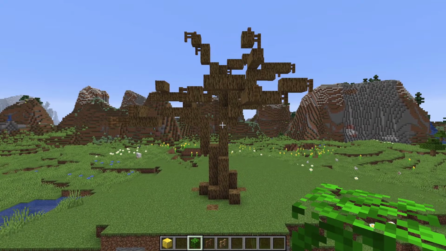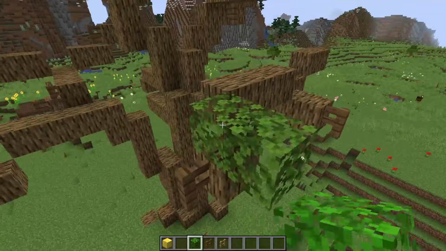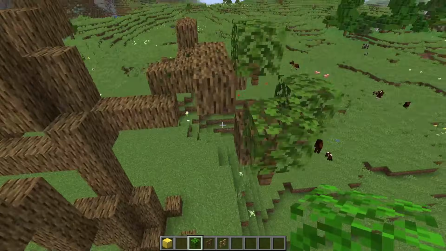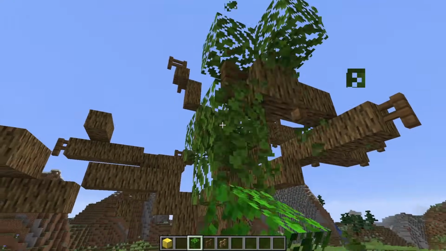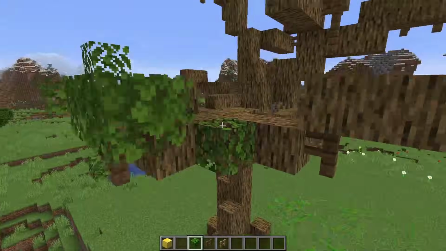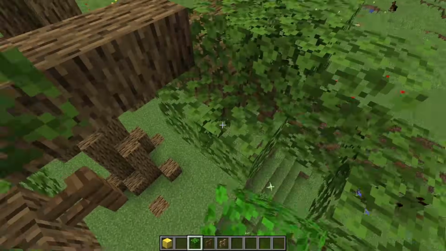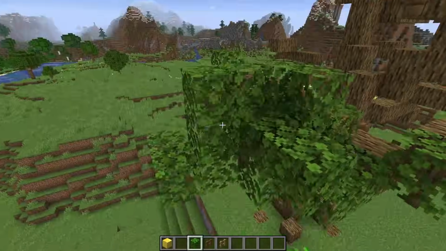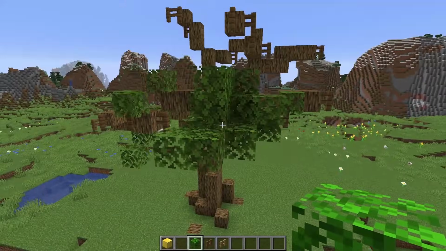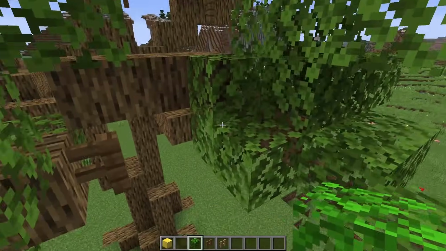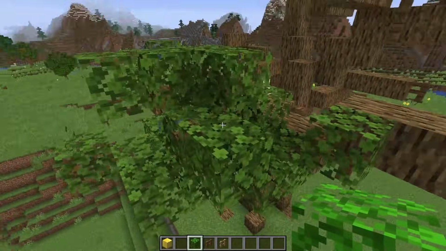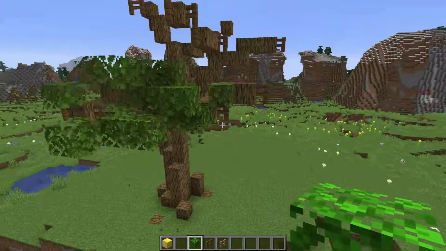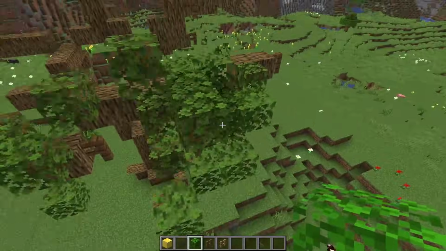Now it's time for the tricky part, the leaves. So this is definitely not an exact science. The main thing is that you want to have things very, very spaced out. And there's a few methods you could use for this. If you're in survival mode, what I would recommend is just literally do this, just spam place them. And then in survival mode, build up a lot of scaffolding and get your shears and just break all through them. You can have quite a lot of fun with it. Just go through and break all of the leaves and you'll collect them back. And then you'll have all of these lovely air blocks throughout the entire thing. And that's what you want.